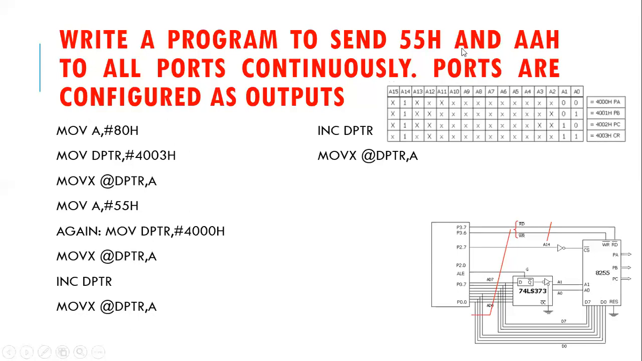And the next thing we have to do is change it to AAH. You know that the complement of 55H is going to be AAH. So we complement the A value. After complementing the A value, we have the content in A. Whatever is in A, we have to move it to the address being pointed by DPTR,